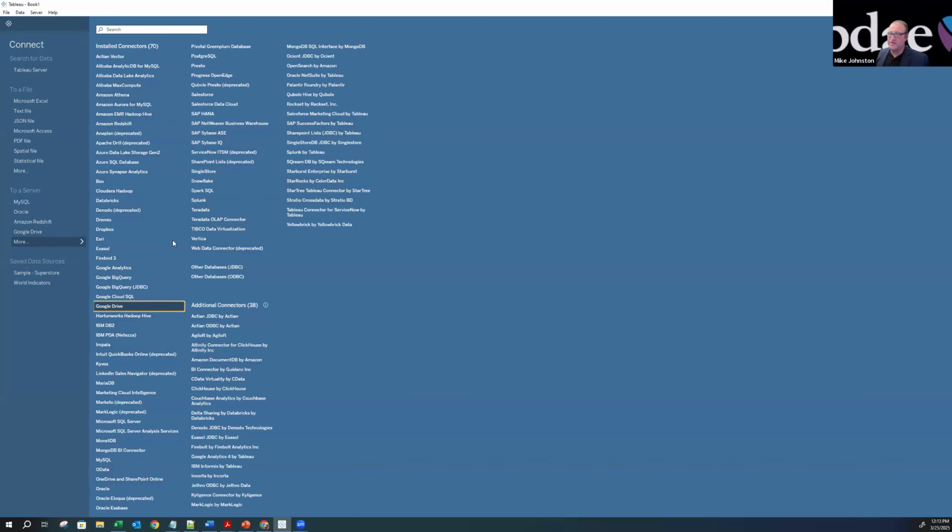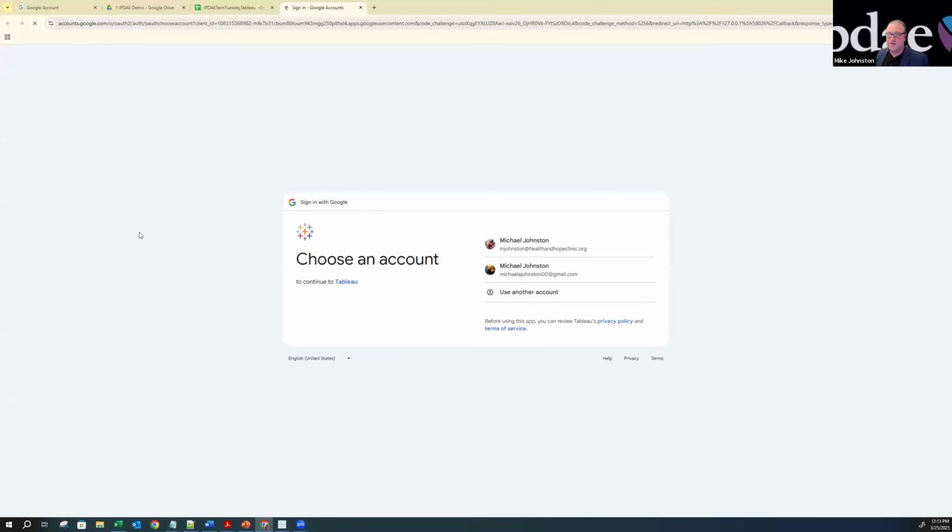The interesting part about this is that when you connect to your Google Drive, you have to give Tableau access to your Google Drive, because we're going to either allow Tableau to update naturally. So if your data updates or if you get a new report, you can copy and paste data in there, and I'm going to demonstrate how that works. Or you can tell Tableau, hey, I don't want you to connect to this data live. I want to manually refresh it, and that's going to be a decision.